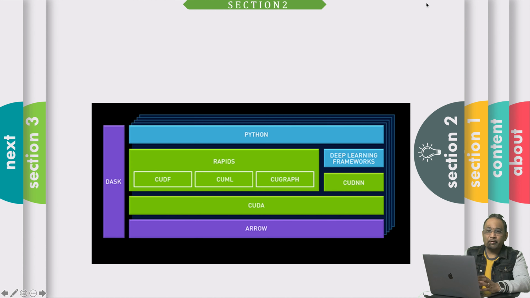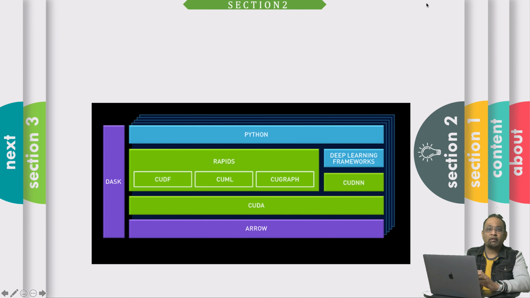When it comes to Rapids, there are multiple packages available to solve machine learning use cases. Those are cuDF, the CUDA data frame, which is a drop-in replacement for the pandas data frame and provides all the features which pandas provides, but unlike pandas, it leverages the GPU memory to do this. Next is cuML, which is a drop-in replacement for scikit-learn and has incorporated many algorithms from scikit-learn, but work is still in progress, and over time it may support all the algorithms which scikit-learn currently supports.